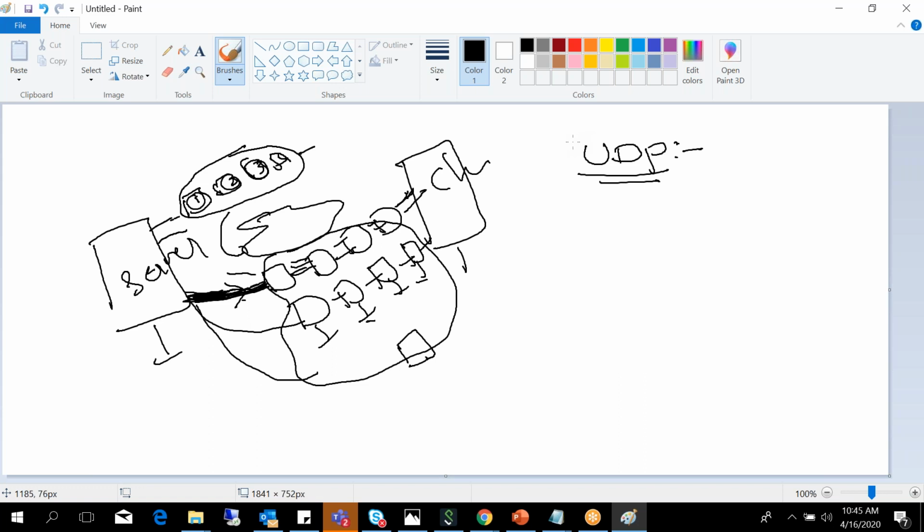But in most cases we go for TCP because TCP is more reliable and connection oriented. What is connection oriented? Connection oriented means every request has an acknowledgement. Before establishing the connection to the server, you perform the handshake mechanism, and whenever you transmit data, there will be an acknowledgement.